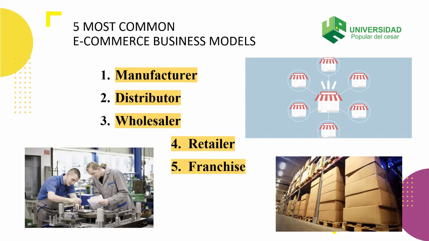1. Manufacturer. A manufacturer creates its own product using raw materials or assembles pre-made components in order to create a product. E-commerce manufacturers may sell their products directly to consumers or outsource their sales to a distributor. Some manufacturers also offer private labeling. They may specialize in a product that a retailer wants to sell but doesn't want to manufacture themselves. So they purchase the products from a manufacturer and put their label on them. The Great Value brand at Walmart is one example of private labeling.